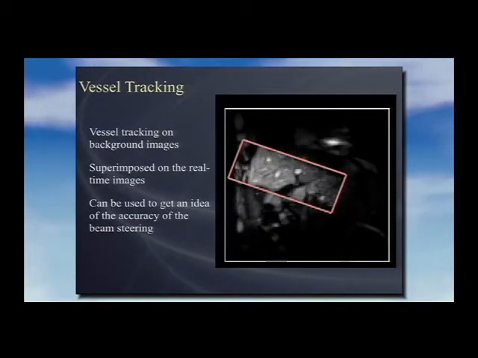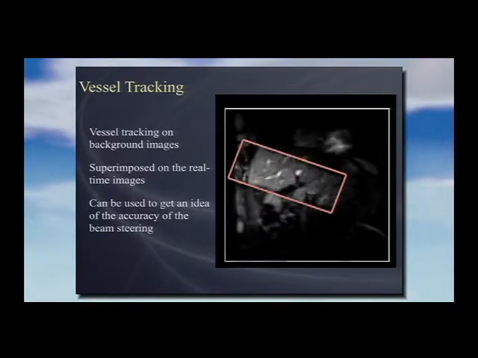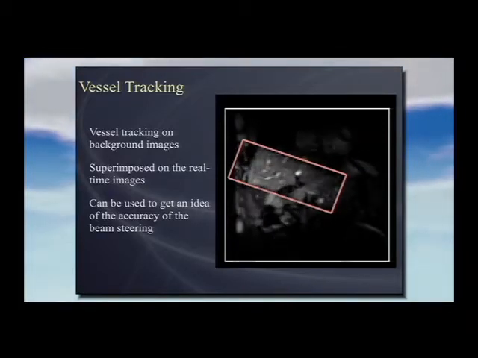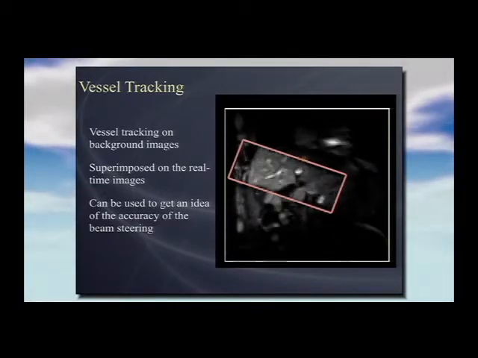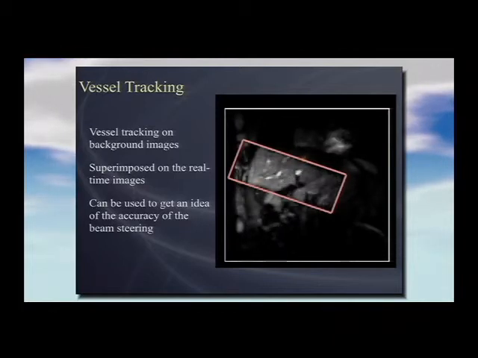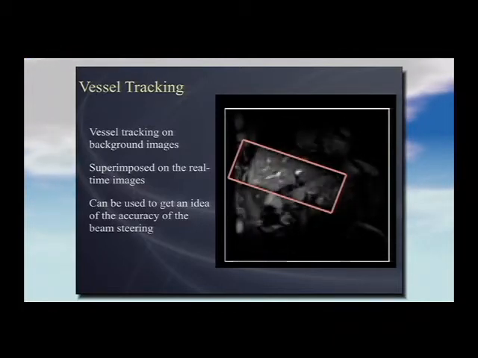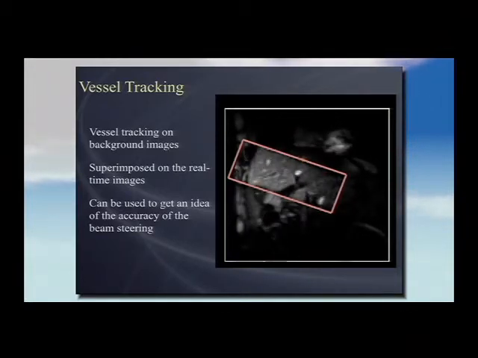All right, so we track the vessels on the background images, and we superimpose the vessel tracking on our real-time image. So what you see in the rectangle is the real-time image, and on the back is the background image. So those were acquired some minutes ago. They're cycling with respiration, which we know because of the bellows information coming in. So you can see the two yellow dots there, and then one up here